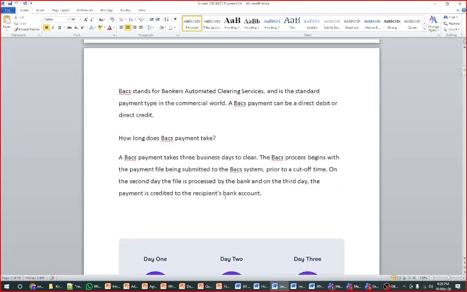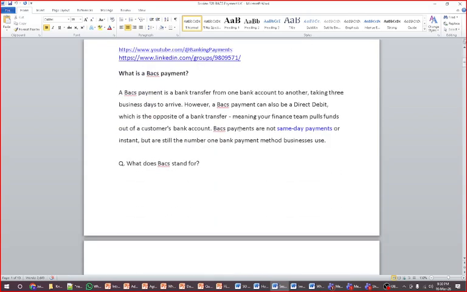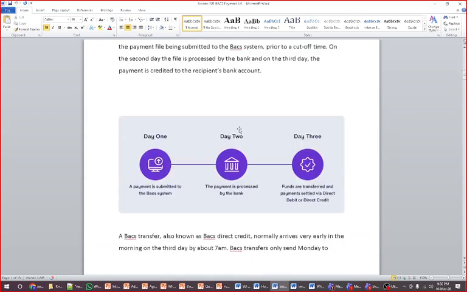Okay, one more flavor of payment is how BACS payment works. Actually this is not part of our discussion, but as BACS, SEPA and Fedwire things are asked in interviews, you should be able to speak at least for 10 minutes or 5 minutes. From that point of view, I have designed some questions based on this, so you are going to get the benefit of that as well, how this works.